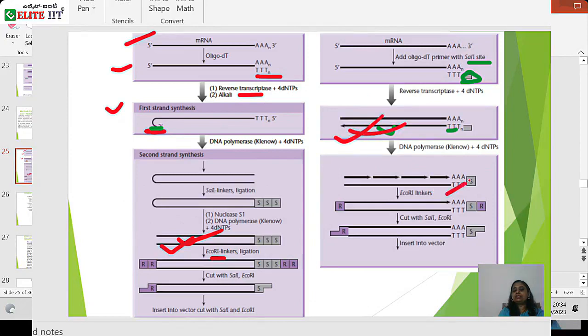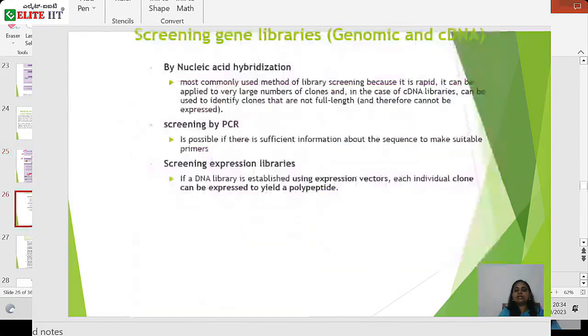We are restricting the hairpin structure formation by adding the linker. Okay, so in this way now